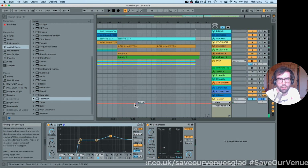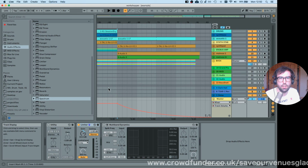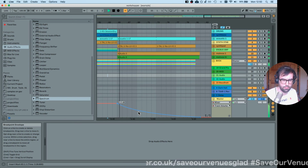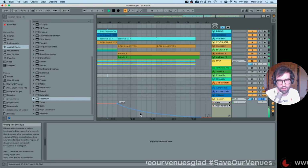go a bit 50s, my bass teacher at college always taught me something which always stuck with me. He said fade out, cop out, write an ending to your track. But you know, sometimes fade outs are nice. So you can automate the master volume if you want. Maybe I do want to upset Al the bass teacher and put in a fade out, and you can do that. That's not a great fade out, but